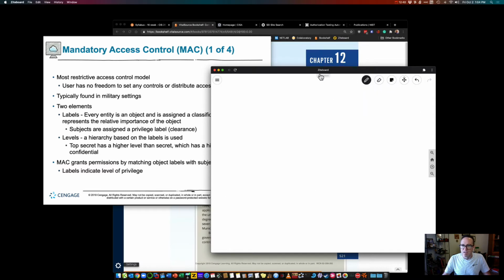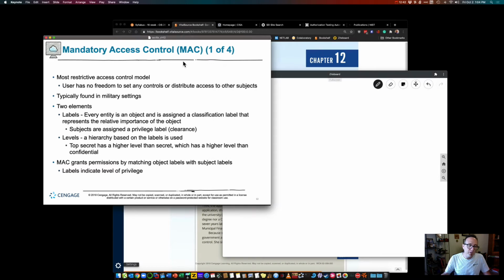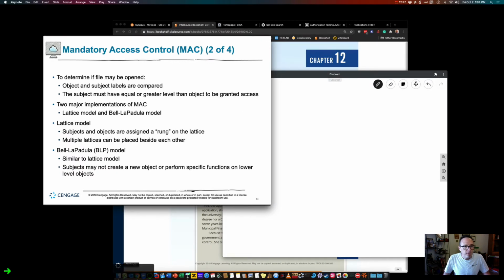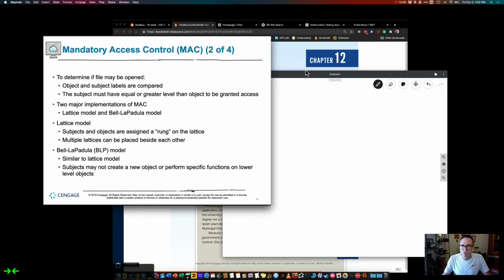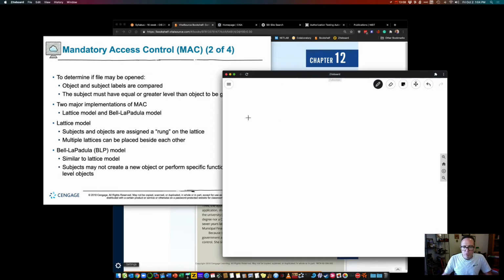Now, let's look at the more Bell-LaPadula lattice view of this, with labels and levels. That's this lattice model, or rung lattice model. That's right here, the Bell-LaPadula model. So a lattice model, based off what we have, is levels and categories. Let's see, there's an example here. All right, probably not. So we'll just do our own here. So we have a level